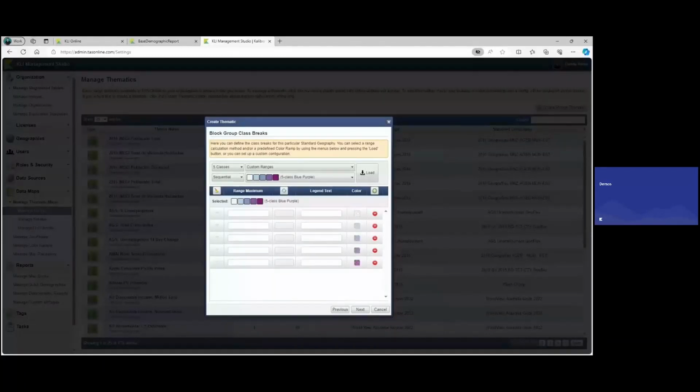All right. And now I am just going to set this up. So I'm going to set up my different ranges. Again, this is preference. This last one that we're setting up is going to be the maximum. Since we're using percent, we're never going to be going over 100%. So that's why I just capped it off there. All right. And I'm going to put my legend text in here as well.